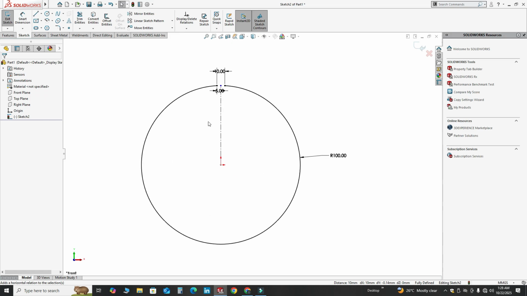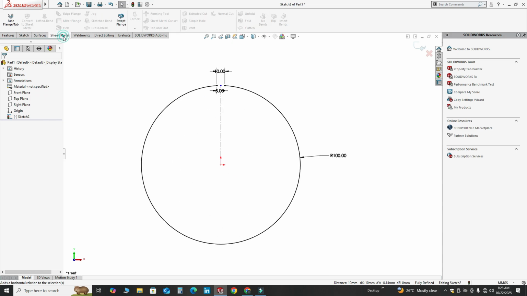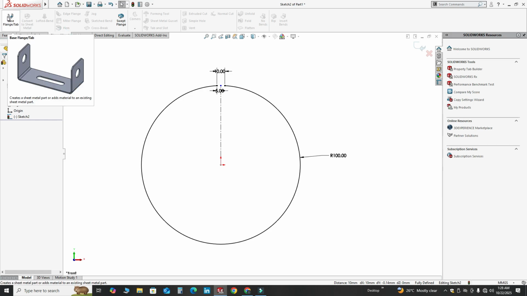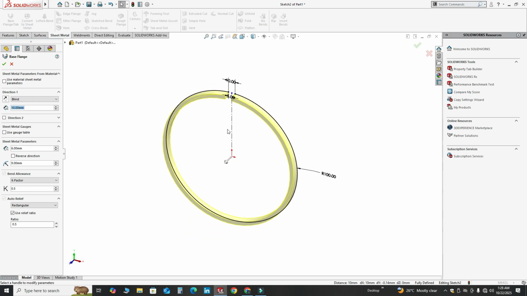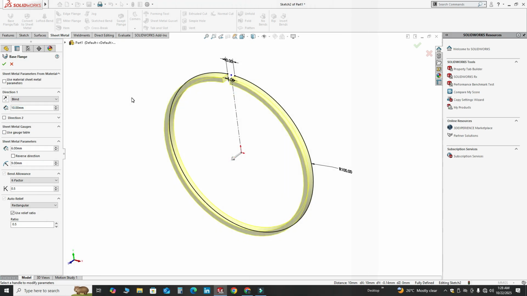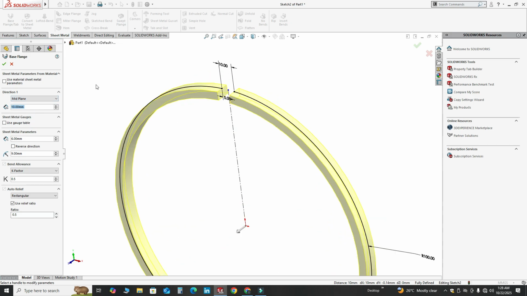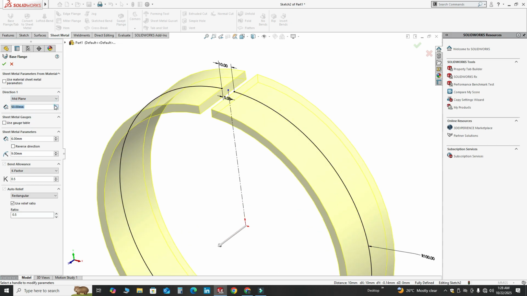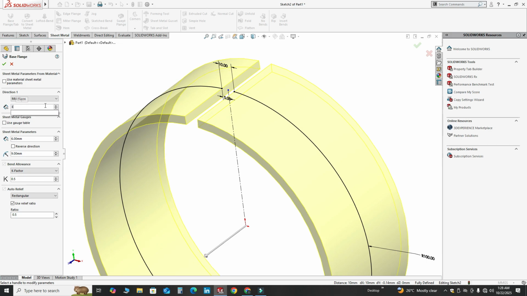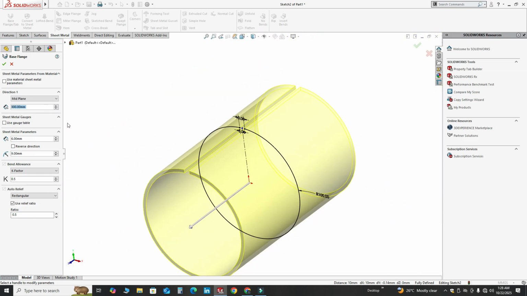Now you can see this sketch is fully defined, and I'll go to here, sheet metal, and I will use this command, base flange or tab. So let's make this mid plane, that is in both directions, and let's make it 200.